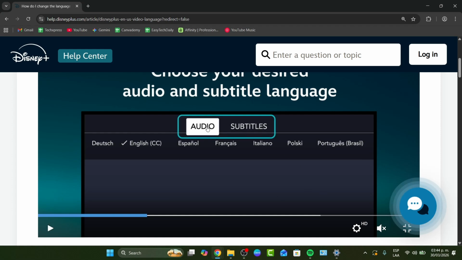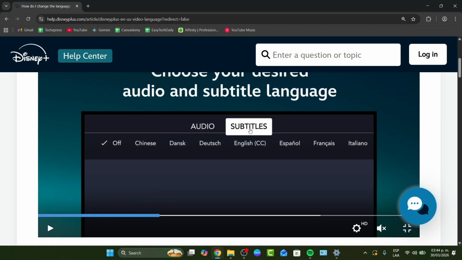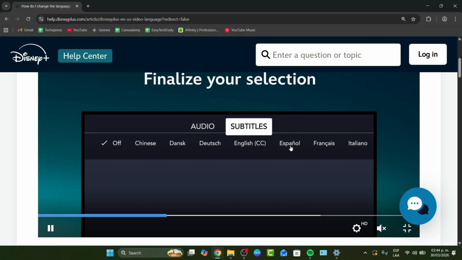It's going to show you both audio and subtitles. So you want to select that icon, and here, instead of audio, you choose the option that says subtitles. As you can see, by default this might appear as off, with the check mark directly on off. But if you move this to another language, let's assume for example that I speak Espanol, I choose Espanol. I select that element, and just like that you finalize your selection and